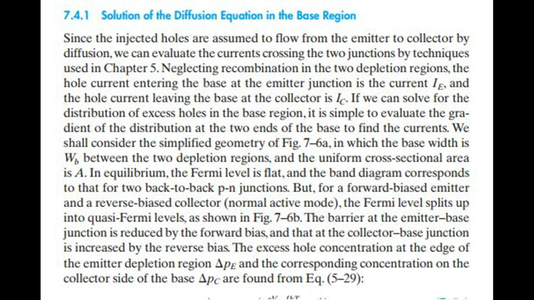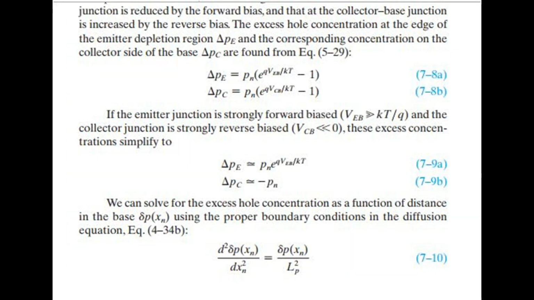The excess hole concentration at the edge of the emitter depletion region, PE, and the corresponding concentration on the collector side of the base, PC, are found from Eq. 5-29. If the emitter junction is strongly forward biased, emitter-base voltage is greater than thermal voltage, and the collector junction is strongly reverse biased, collector-base voltage is less than zero, these excess concentrations simplify to: